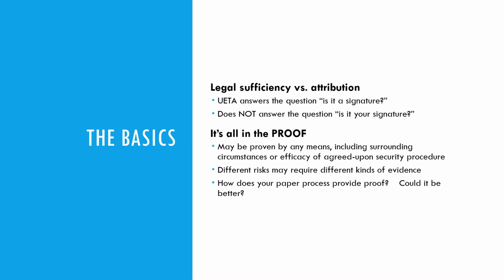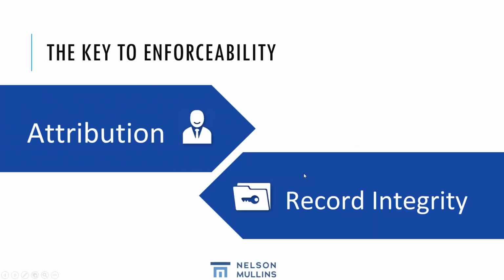UETA and eSign are very specific in that all they say is an electronic signal counts the same as a signature. It doesn't talk about proving someone was who they were. It doesn't talk about how you prove that was the document they saw or signed. It just simply says legally courts cannot refuse to enforce an electronic document. Remember, it's all in the proof. How are you going to prove that's what they signed? That's the person who did the signing, and this is the document that they saw. The key to enforceability picks up those two aspects: attribution, who are they, and then the integrity of the record